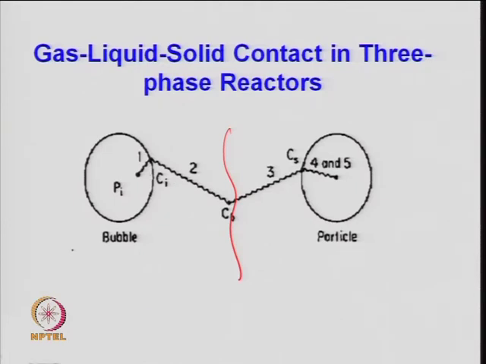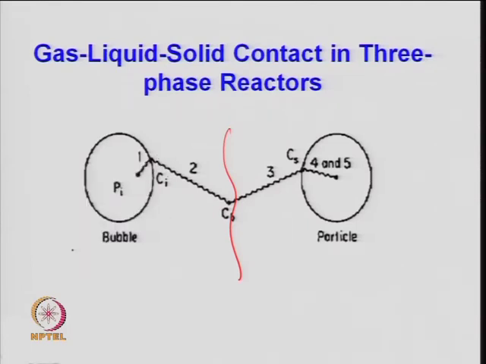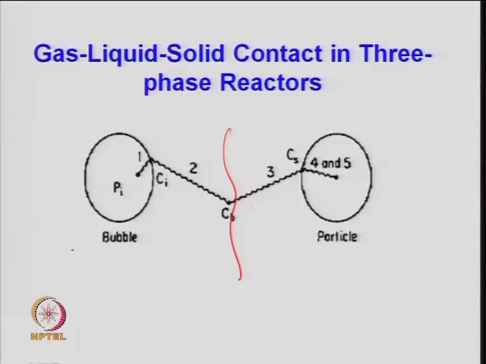So, the first step is the gas reaching the interface, and from the interface it is reaching the liquid. So, that is Ci minus Cb, the concentration difference. Then, because the gas has reached the bulk liquid, now it is a uniform concentration of the gas, depending upon the solubility and the resistance offered for mass transfer, and from here now the gas will reach the surface of the solid, right.